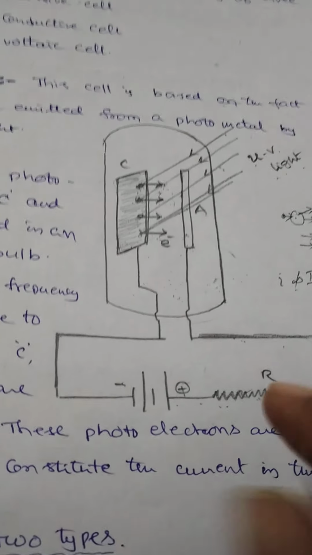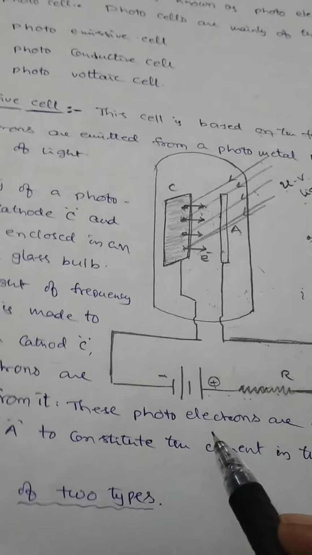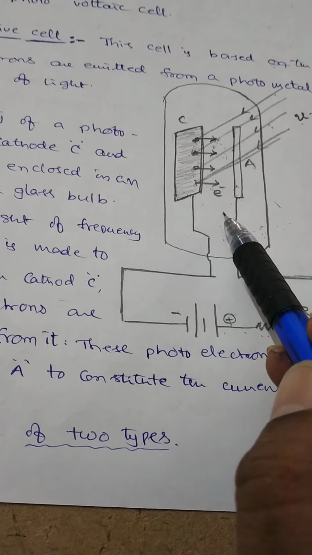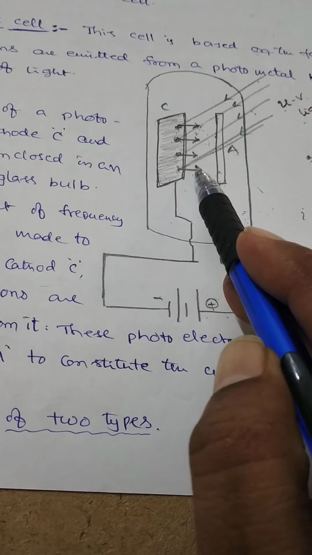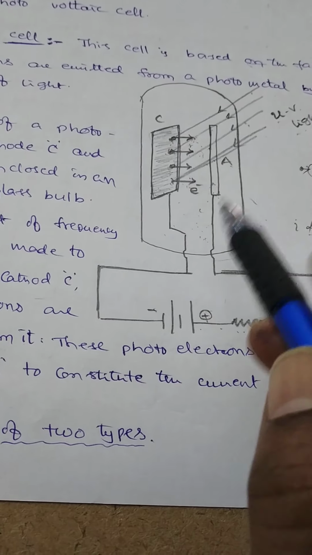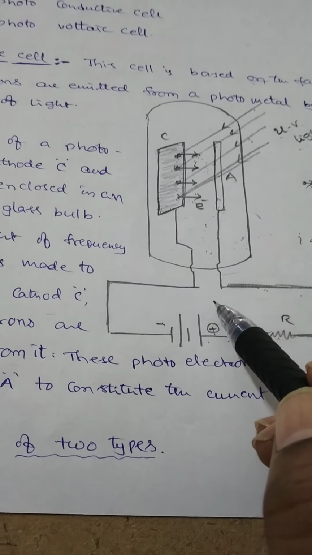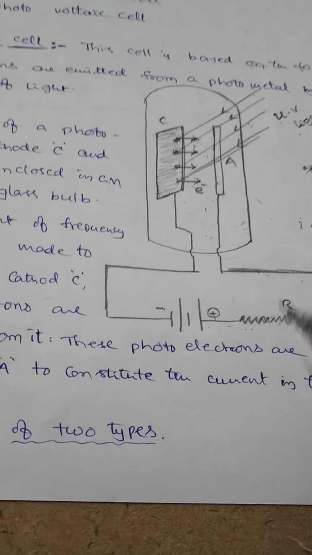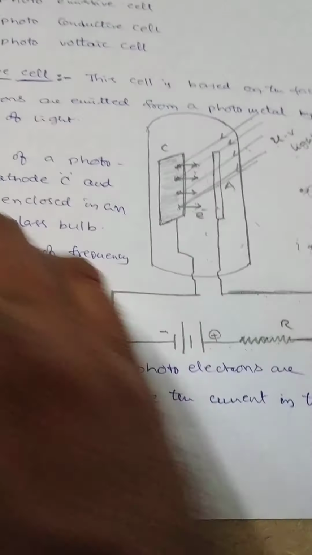Right. So this is called the photoemissive cells and also the types of photoemissive cells. Remember one point here. In case of vacuum type photoemissive cells, current is directly proportional to intensity of the incident light. In case of gas-filled photoemissive cells, current is not directly proportional to intensity of the incident light. This is one of the most important points. Next one,